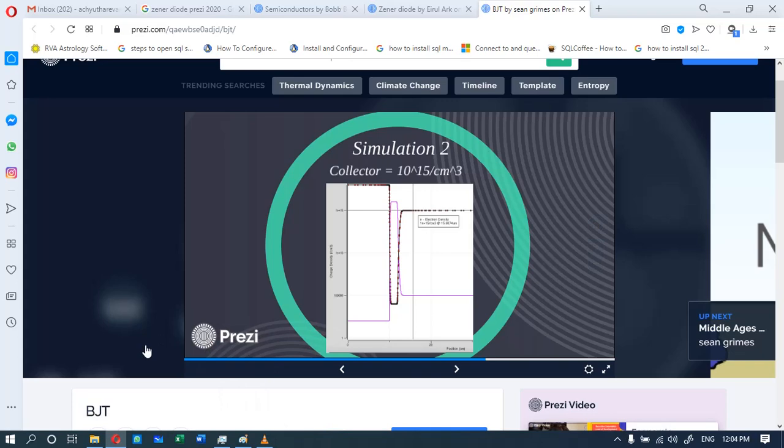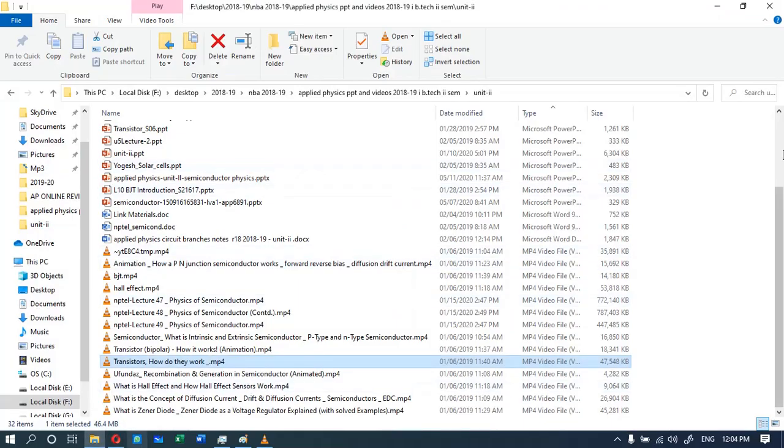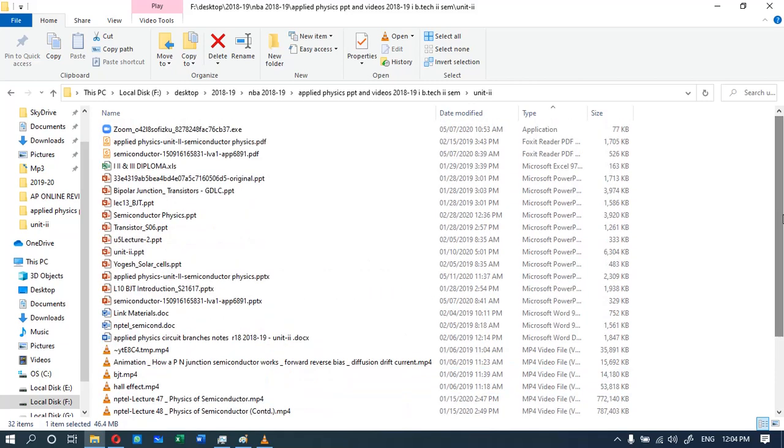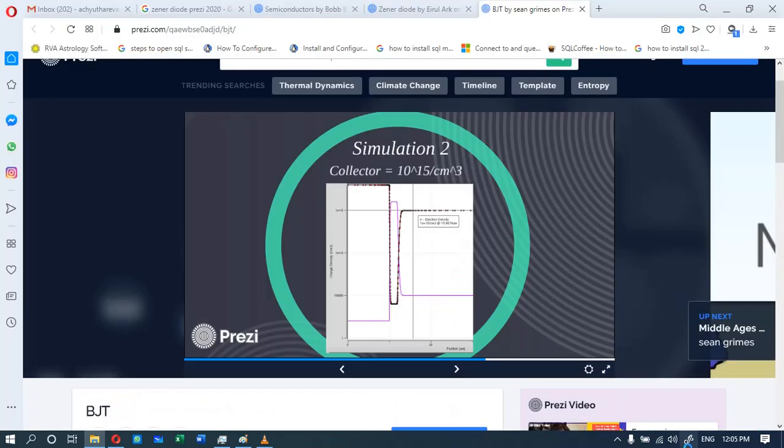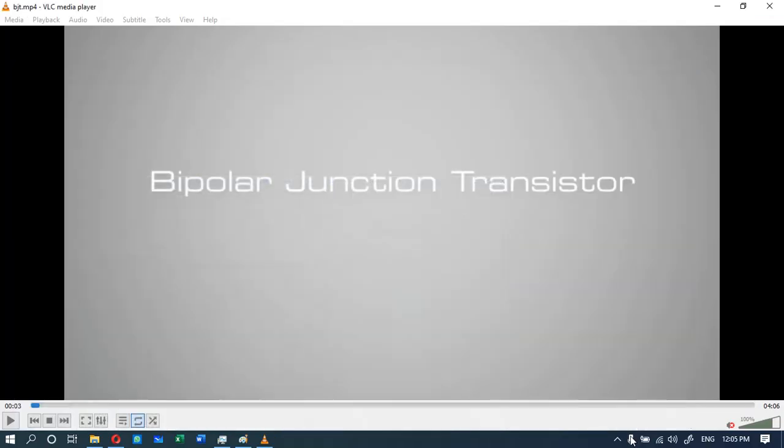So let us go into a more detailed, more descriptive part of the semiconductor properties. Anyway, we know BJT. Apart from BJT, we also have another transistor called FET, field effect transistor. Presently we are not interested in field effect transistors because that is outside the scope here. So we are going to go into the properties of only the bipolar junction transistor.